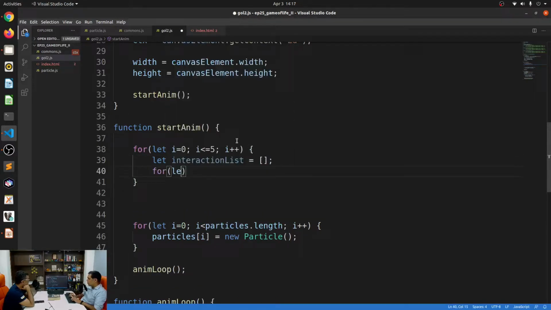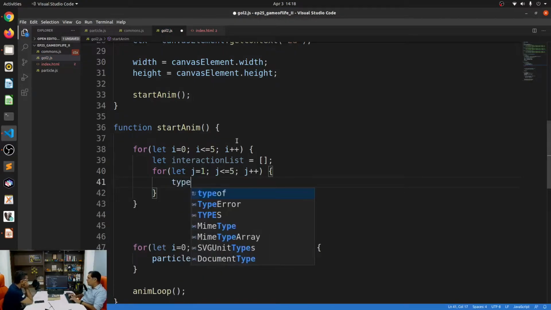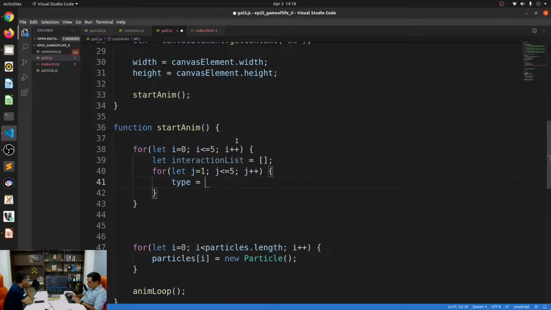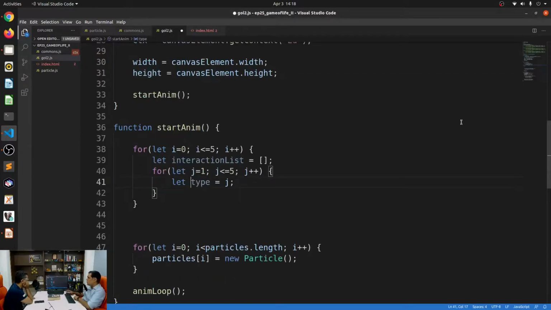Say for let j is equal to 1. Once again, it's from 1 to 5. j less than or equal to 5, j plus plus. We're not starting this from 0, so please keep that in mind. We'll say let type is equal to j. So this type would be from 1 to 5, or red, green, blue, yellow, purple.